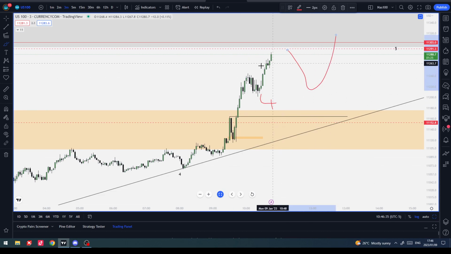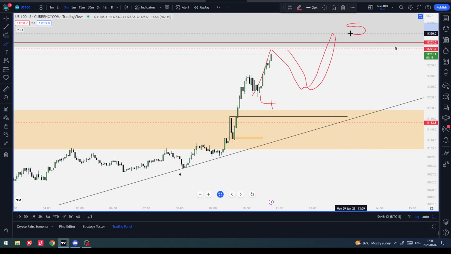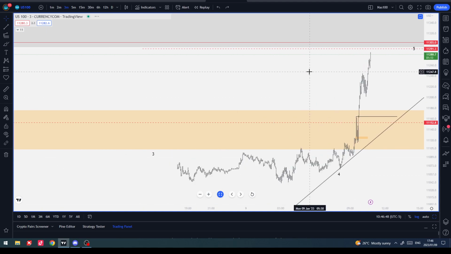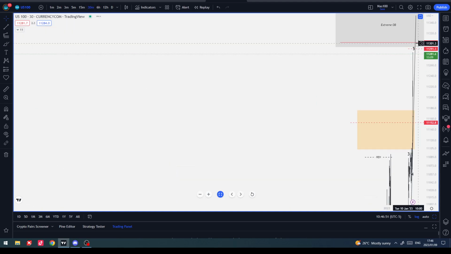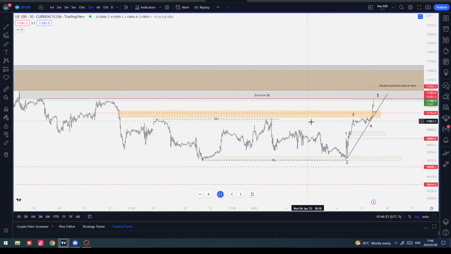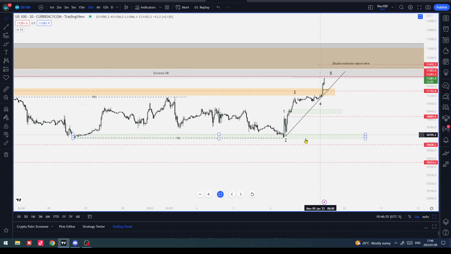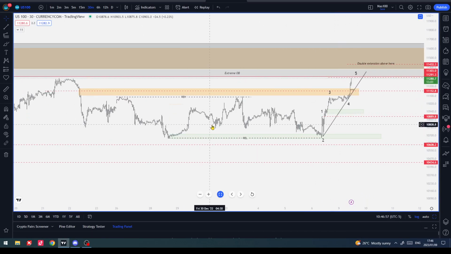So what that would overall give us is something that looks like accumulation, a failure swing, an open liquidity run to finish the major wave 5. Then we'll look for displacement and finally move down. So that's my plan for now. If this turns out to be something more than that, then this won't be a 5-wave move. This will be something more corrective.